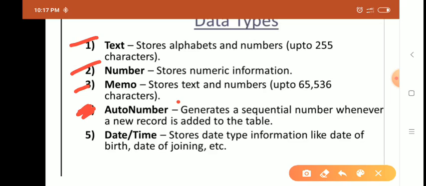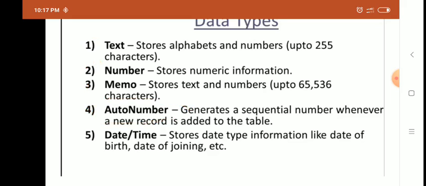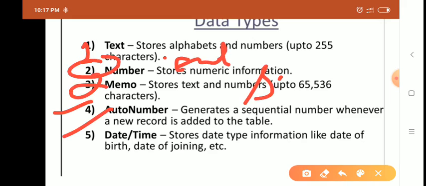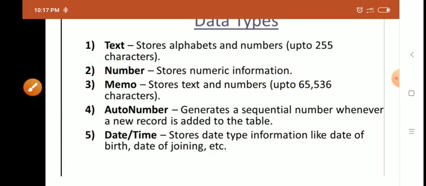If I use this data type, that is auto number, I don't need to write any number at this place. If I write 1 here and when I press enter, I'll get the second number by itself, and then the third, fourth, fifth, and so on. This is the auto number data type.